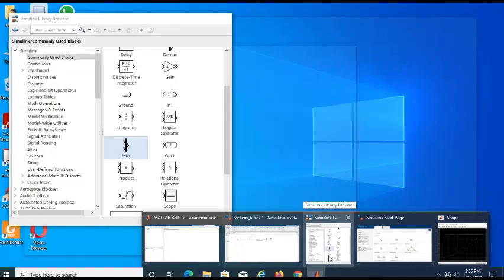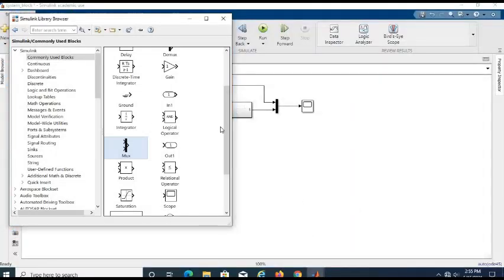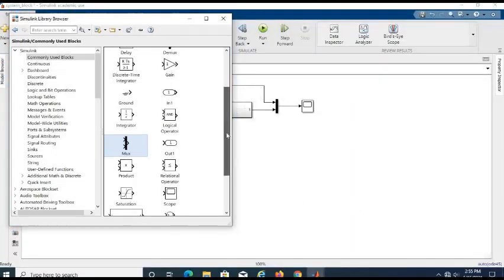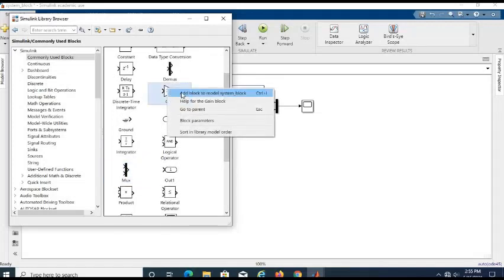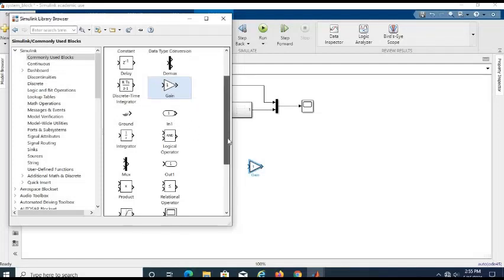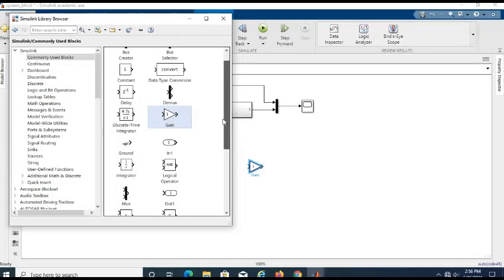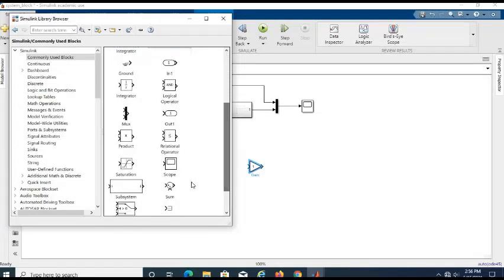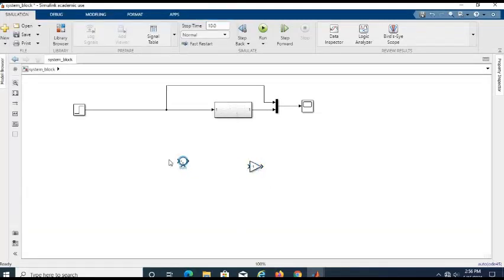Next we design the P controller. For the P controller, we need the gain, proportional gain, and a summing point. Okay, I think only this we need.